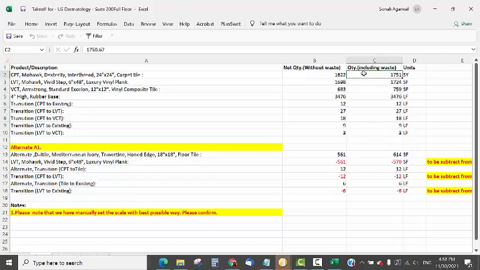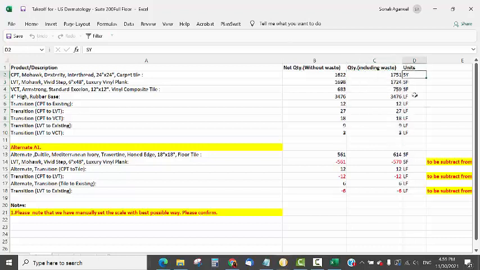Please note that if there is any attic stock that you need to provide, so extra stock to the client just in case they need to replace some damaged flooring. Many contracts specify that you need to provide a certain percentage of attic stock, anywhere from 1 to 5% typically, and so you need to add that to this quantity manually.